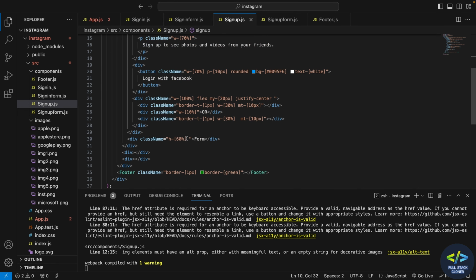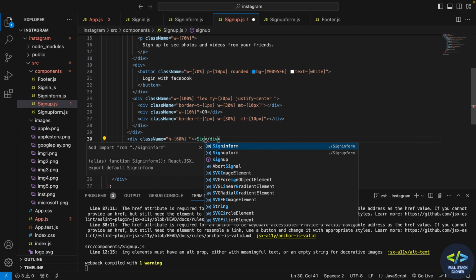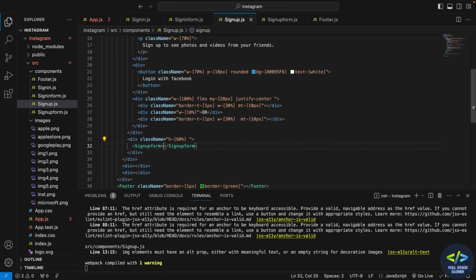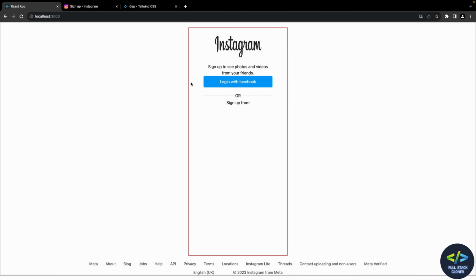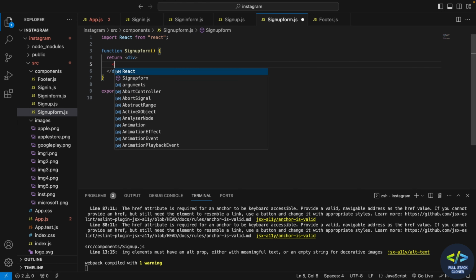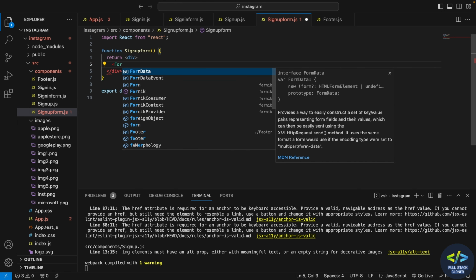And I'll go to my signup.js page. Here I'll remove the form and I'll bring in my sign up form component. And I'll close the tag, and as you can see in the browser, the sign up form has appeared here. Now here